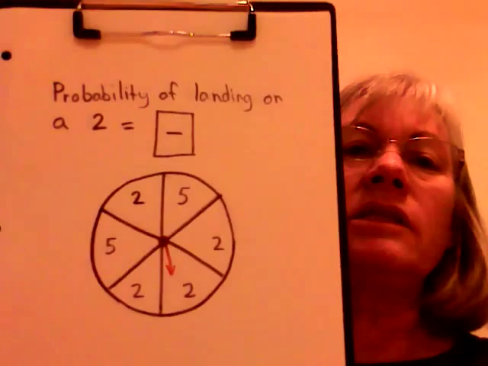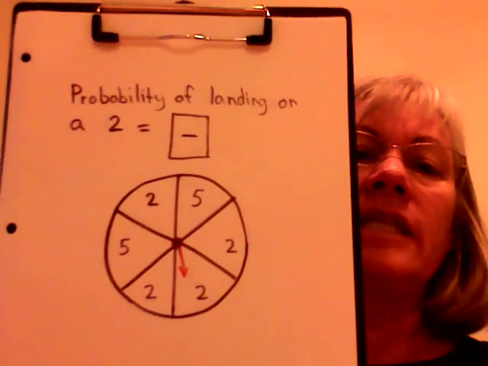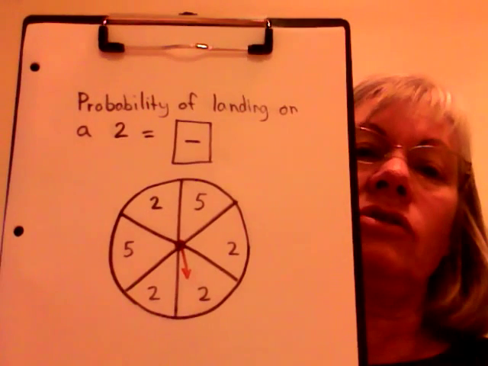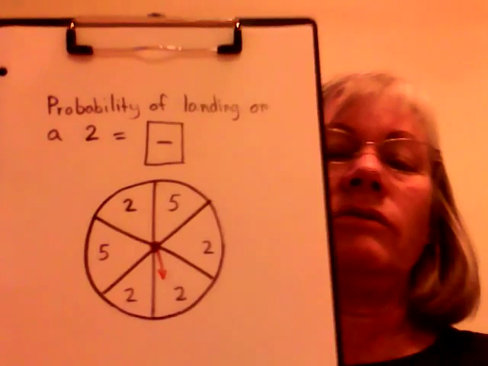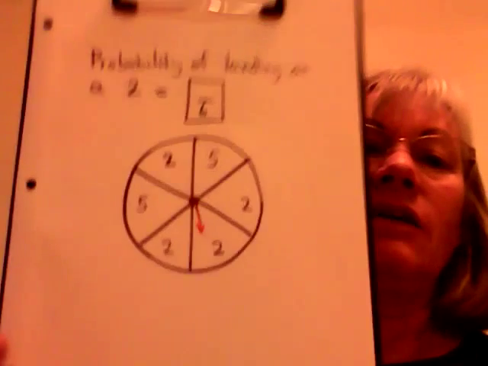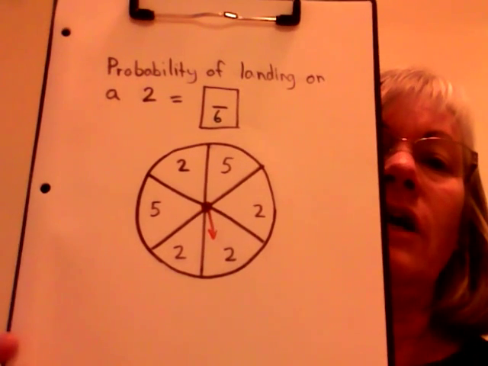Here's our first question. What is the probability of landing on a 2? Same spinner, it's drawn a little differently, but we're still able to land on either a 5 or a 2. There are 6 sections here, so our fraction's denominator will be 6. Now, to find the probability of landing on a 2, we count how many 2's there are on the board altogether. I see 1,